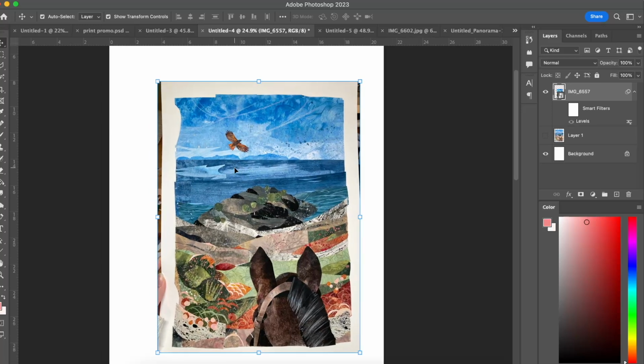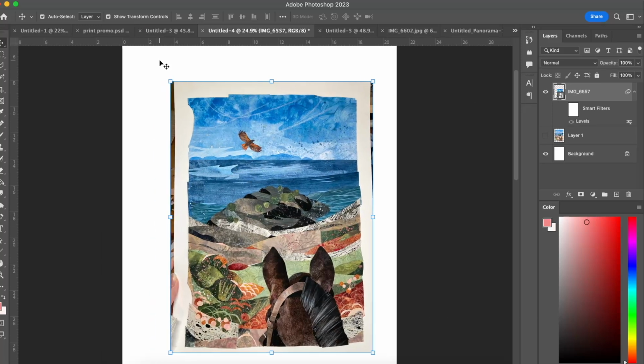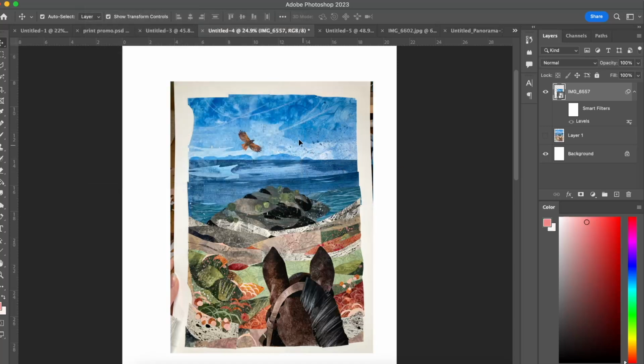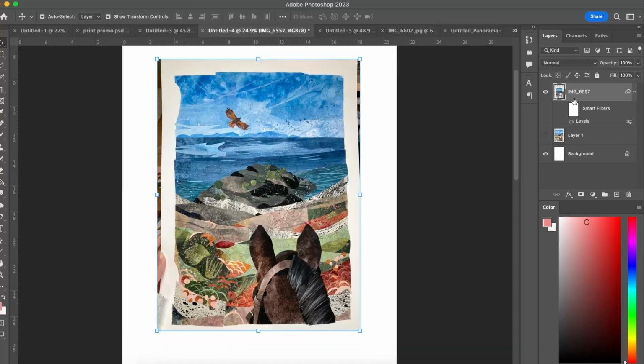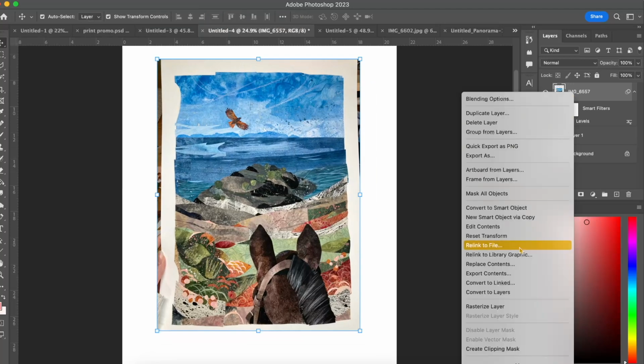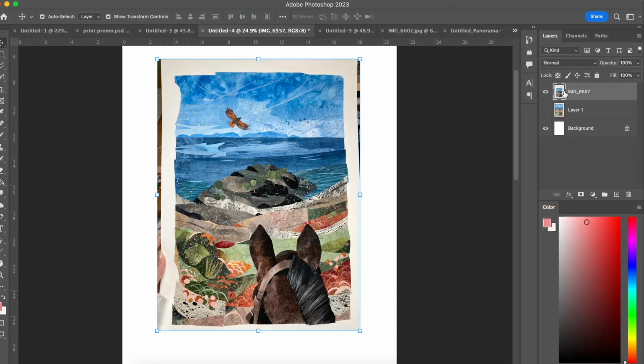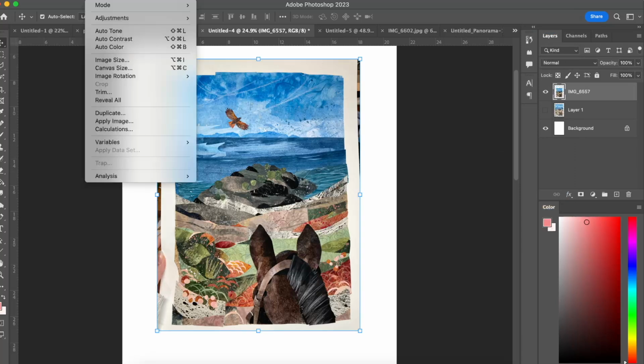The problem with this is there are certain things you can't do to an image whilst it's rasterised. For example, you can't do what I'm about to do, which is Image, Adjustments, Replace Colour here. You can't replace the colour to something which hasn't been rasterised. So I just usually will rasterise all my images, and to do that you double click it and you just scroll down, you press rasterize, and that gets rid of that little icon, and this is now something which